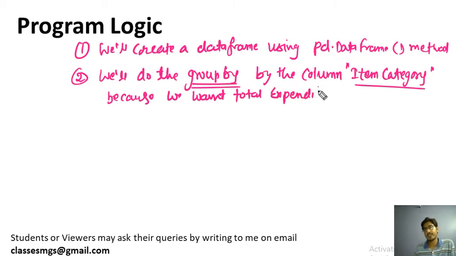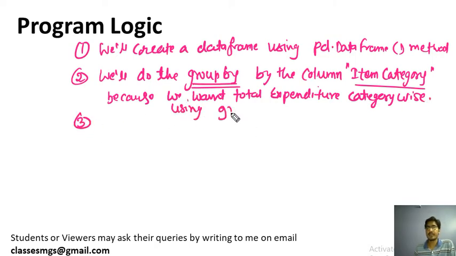So that's why we need to do the group by using column item category. Keep this in mind. Then we will apply the group by function here. Okay, data frame has this function group by.